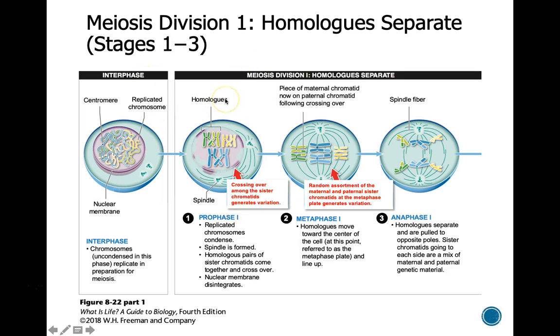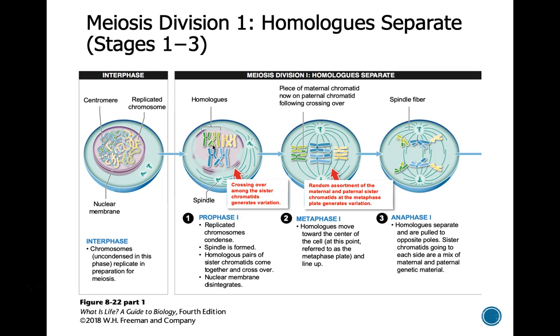Now, remember we said that the cells that are produced by meiosis are genetically different. And in the last slide, in the overview of meiosis, I showed you one of those ways because we separate our sister chromatids. Another source of novel genetic information is a process called crossing over. And this is where our homologous chromosomes actually exchange some genetic information. Now, the reason for this exchange is actually so they're kind of holding hands. And they need to do this because they need to move together to the metaphase plate.